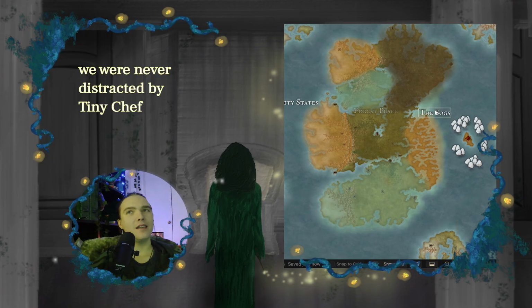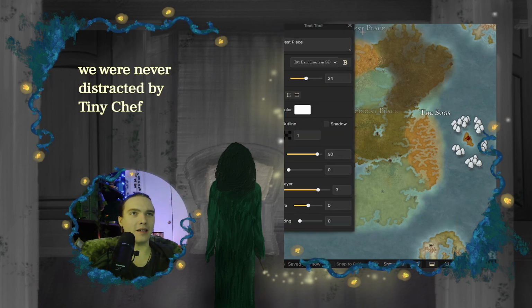Okay, I'm focused. I'm focused on deciding where people live. We have Forest Place. I assume we can put our sugar glider folk and some humans in there. We have the Sogs for the ants. We have city states back here. We haven't decided any other races in this world other than humans and a couple of these semi-anthropomorphic people. And then I have 4 other regions that I've spliced out right now. One is particularly mountainous. I'm sure we could do something dwarf-inspired there.